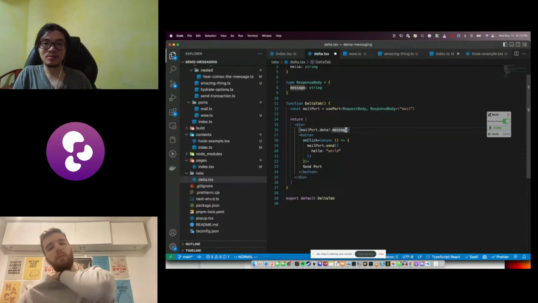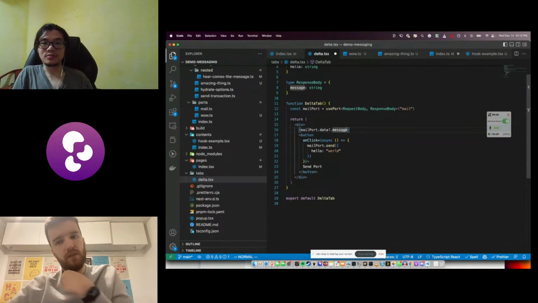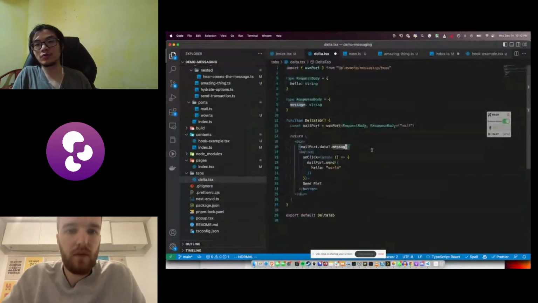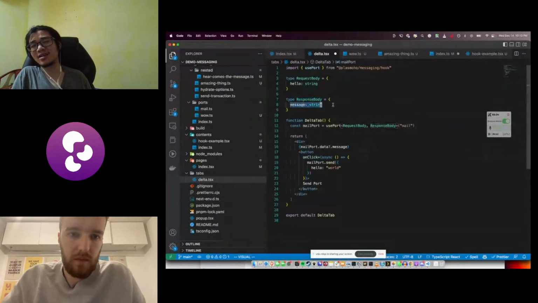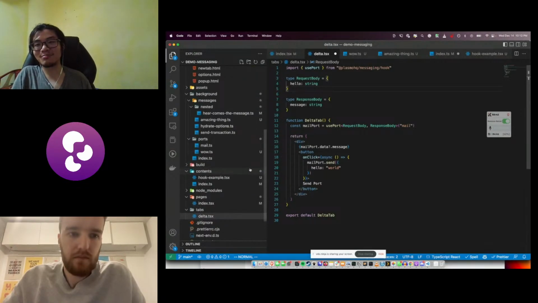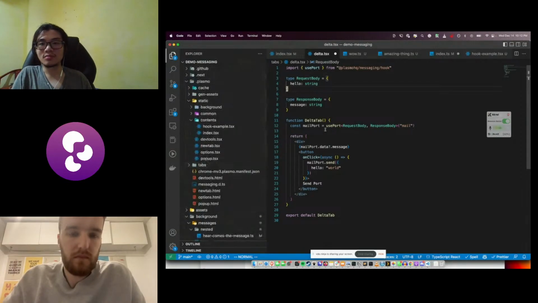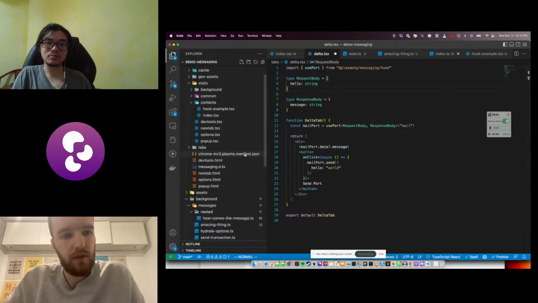So you're talking about capturing the historical data, like what was the data before, not just the latest. Precisely. But the data of this port would always reflect the latest data, or the latest response coming from whoever is responding to it. And in this case, likely messaging from the background service worker at the moment. Right. Nice. That's awesome.